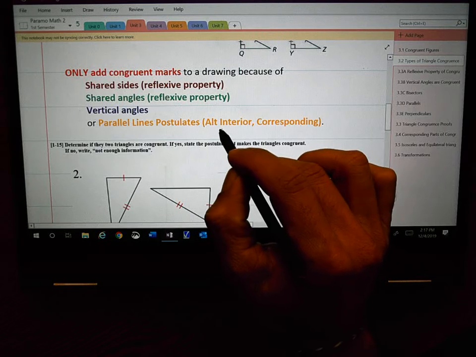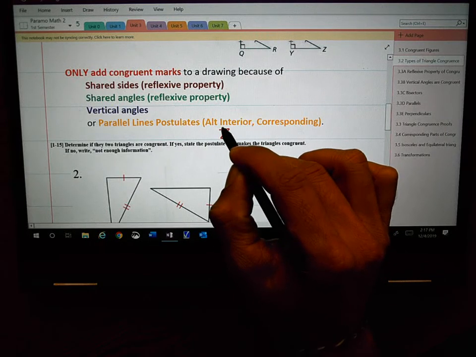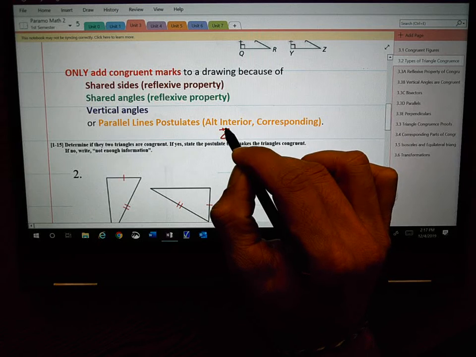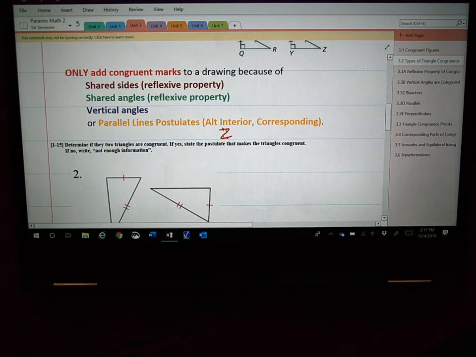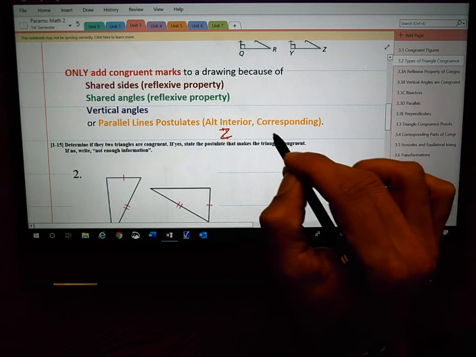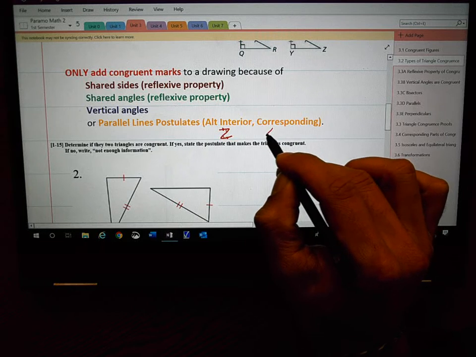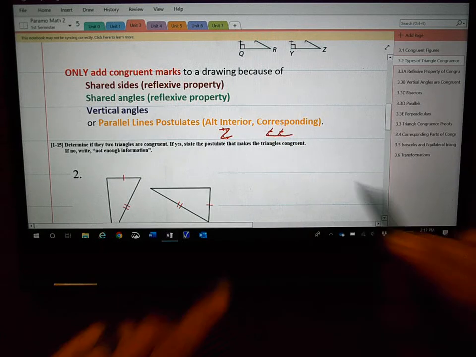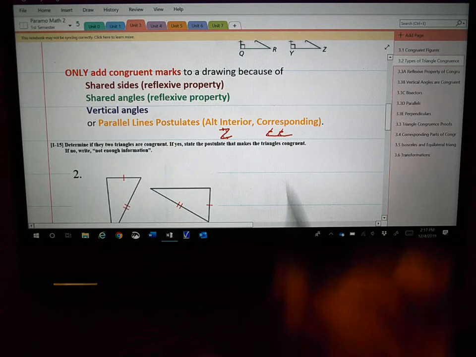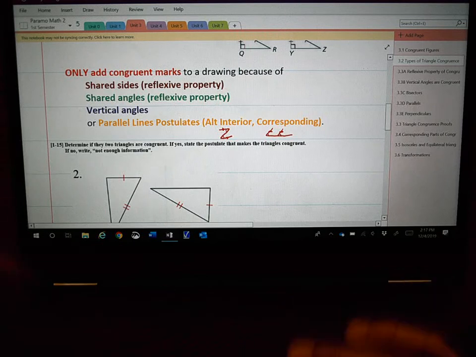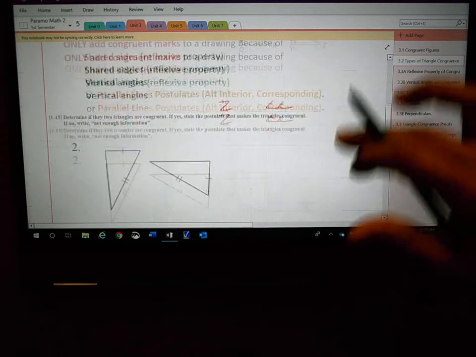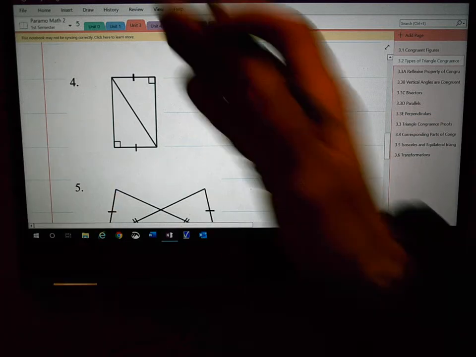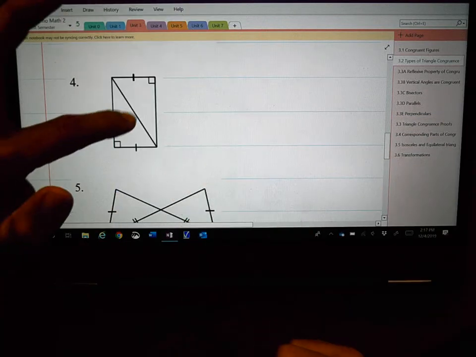Alternate interior angles make that Z shape. If those are parallel, the alternate interior angles would be this one and that one. The corresponding make the F shape. Sometimes the F is on its back. If these are parallel, it would be these 2 angles are congruent to each other. Congruent, congruent. So as you are trying to decide which one is which, if something had something shared,